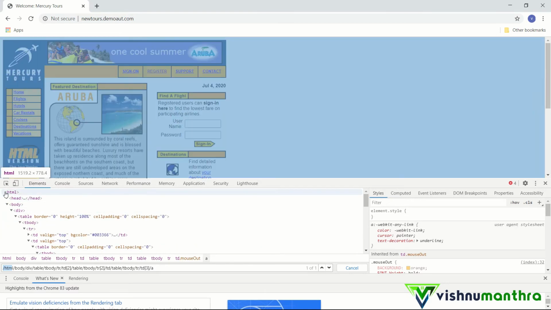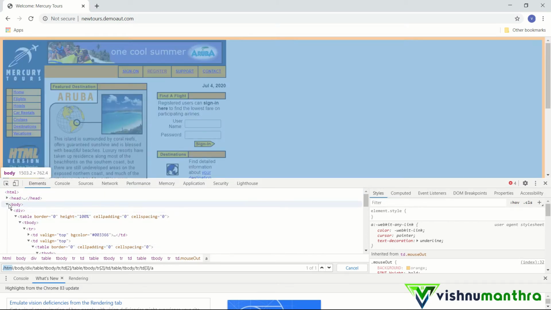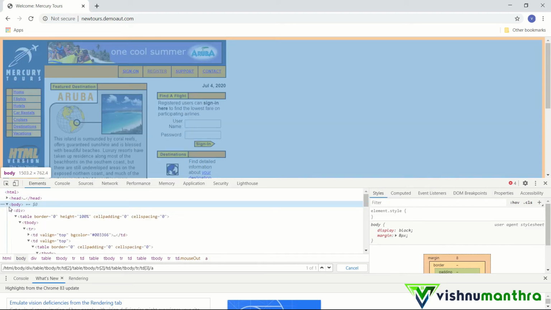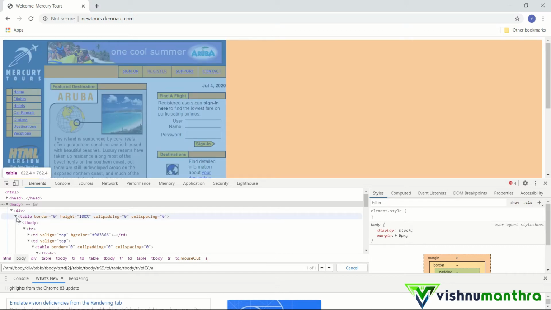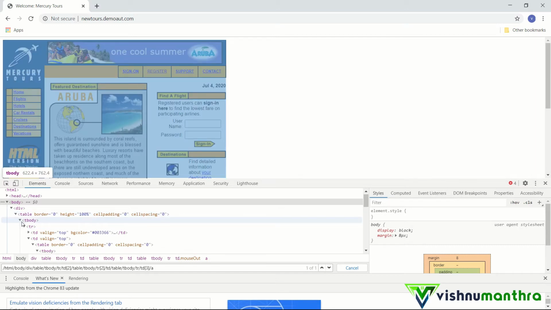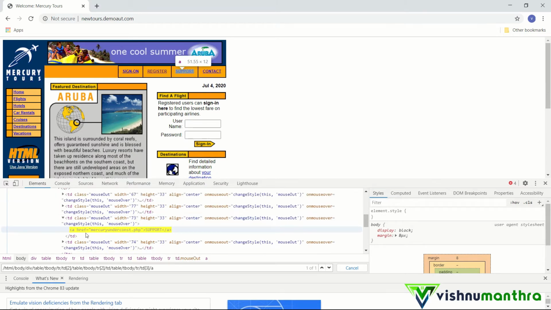Okay, so if I go to the DOM structure, here you can see starting from the HTML, it is telling where our element resides. You can first see HTML, followed by body. Here also you can see that. Then there is div. So HTML, then it comes to body, and within the body it is coming to the div, and within the div it is coming to table. Likewise, it is traversing through this entire structure one by one, and it is coming to this particular element. Okay, this is how the absolute XPath works.